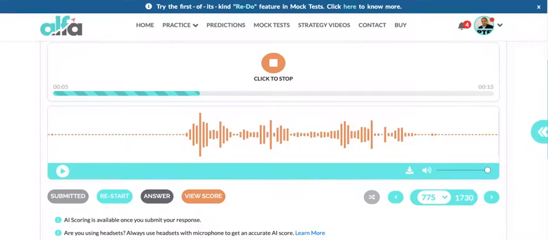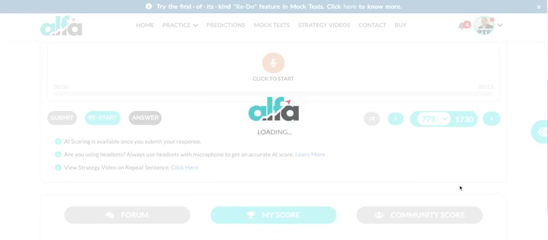Okay, so in repeat sentence, remember, practice is the key to your success. The more you practice, the more your brain's storage capacity keeps increasing. And then you improve yourself, you get better slowly. If you are just starting PTE, start with repeat sentence because that's going to give you a lot of headaches. You don't hear much, you hear less than half. So it's always a nice idea to practice from the beginning.